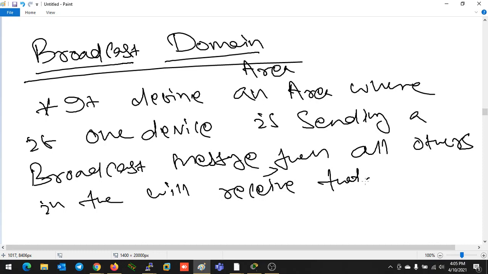What is it telling right now? It is an area. In that area, if anyone sends any broadcast message, then all the devices residing in that area will receive that message.